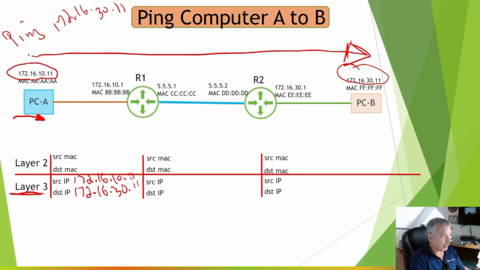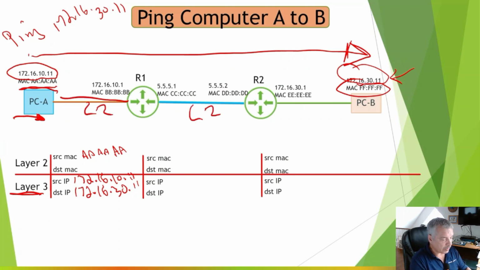Now what the layer 2 information looks like. So the source MAC is going to be computer A's MAC address. It'll be AA. And for the destination MAC, a lot of people will say, oh, destination MAC is going to be this guy over here. And that would be wrong. This is a layer 2 segment here. This is another different layer 2 segment, and this is another different layer 2 segment. So the destination in this example would be the default gateway's MAC address for router 1, which would be